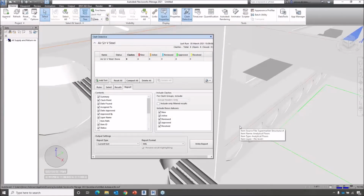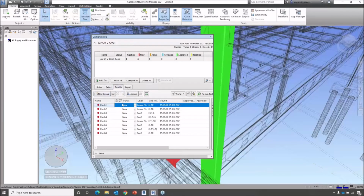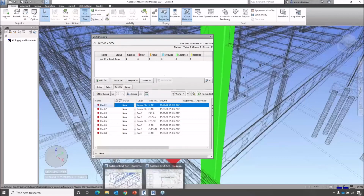We've now got that clash information. We've done the clashes, that's been reported. What I could have done at this point as well is start to assign these problems to somebody. So we can look at them and assign the issues to the person that's responsible for fixing that. Okay, so if we now go back here,